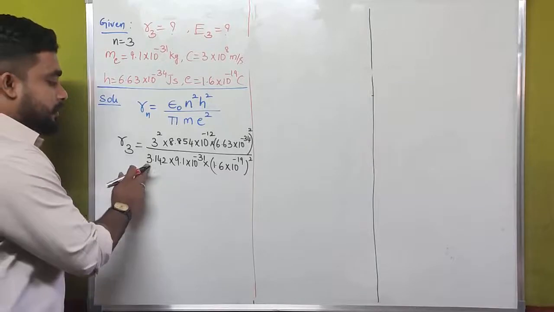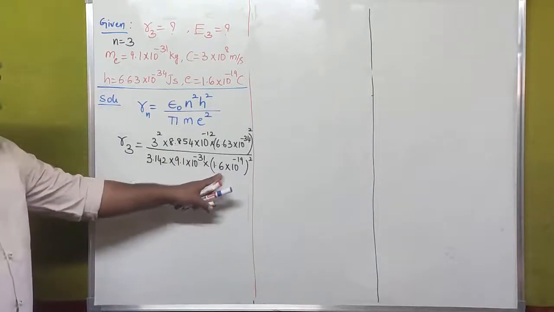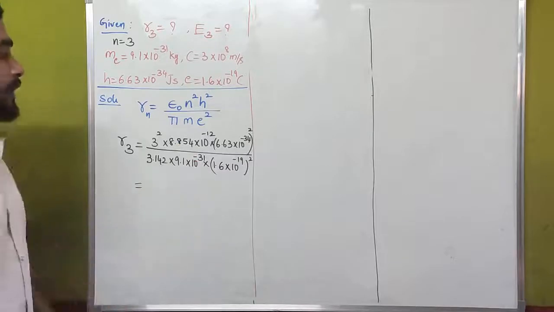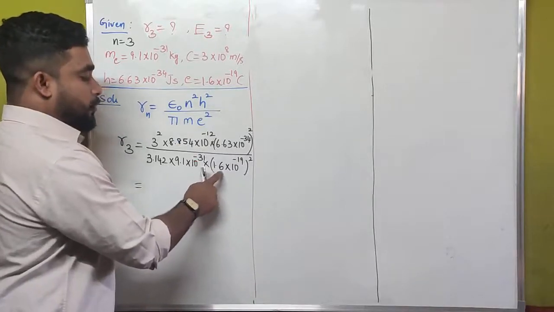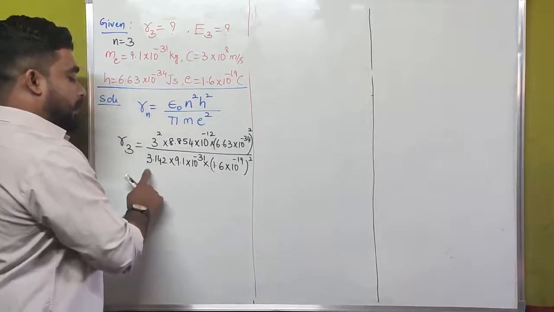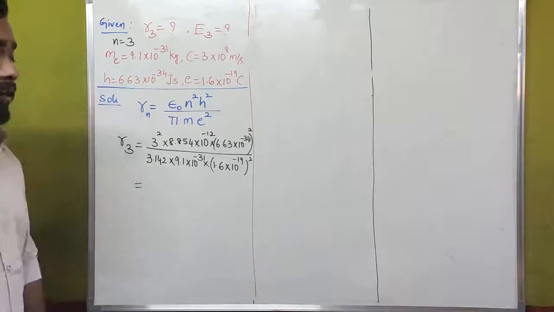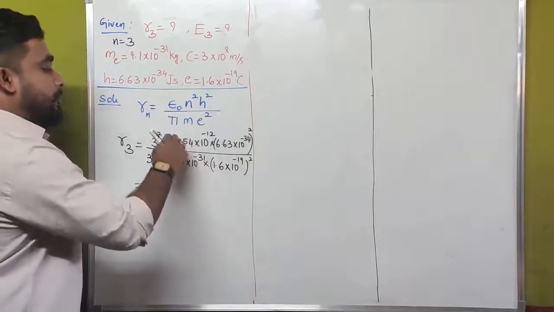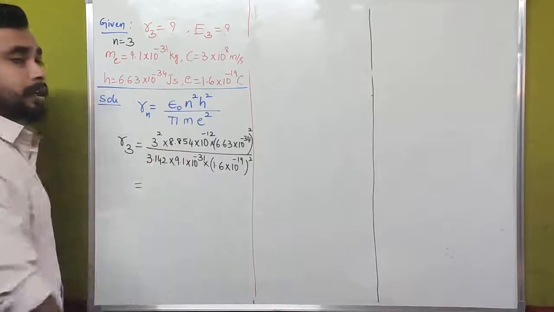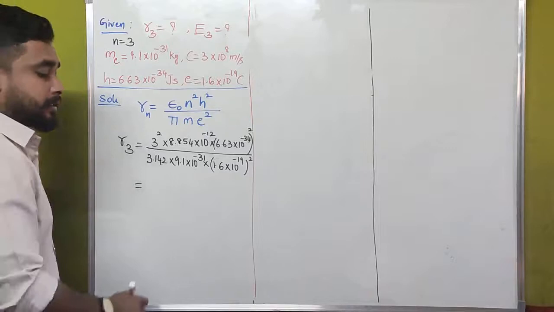Then 3.142 into 9.1 into 1.6 into 1.6. Here we have to multiply 1.6 two times. 1.6 into 1.6 into 9.1 into 3.142 will give the value of the denominator. If we multiply the numerator and denominator, and then divide the numerator by the denominator, then the actual value we will get here is